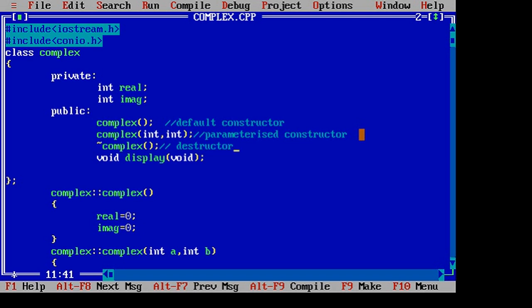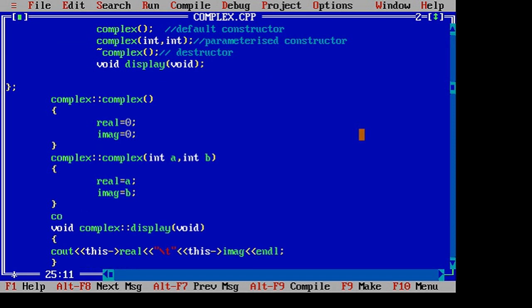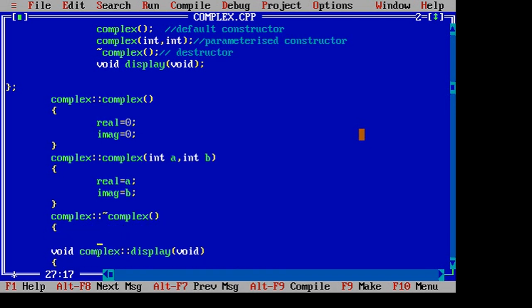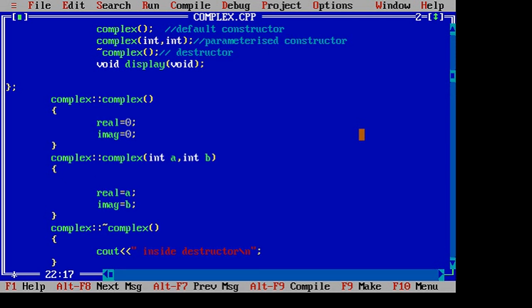In the first case, C1 is giving a call to display. In this case, this arrow real means real of C1, and this arrow imaginary means imaginary of C1. In the second case, C2 calls the display function. In this case, this arrow real means real of C2 and this arrow imaginary means imaginary of C2. So if I make these changes, compile this program and run this, I will still get the same output, right? So make a note that the this pointer always points to the current object and it is the implicit parameter which is passed to every function. So to this display function we are not passing any explicit parameters, but we are passing one implicit parameter called the this pointer.